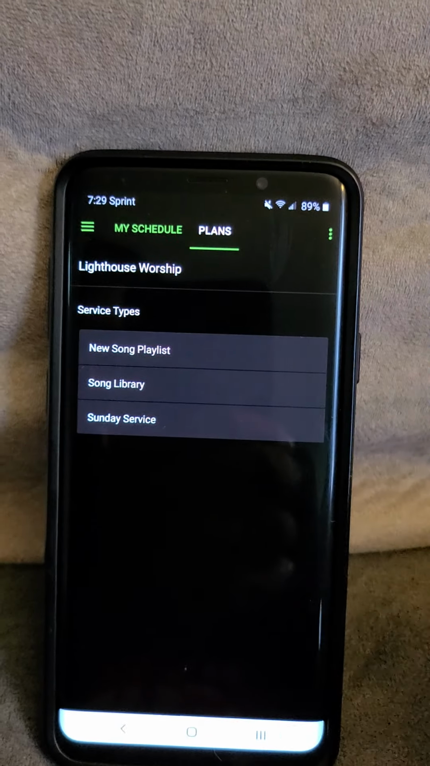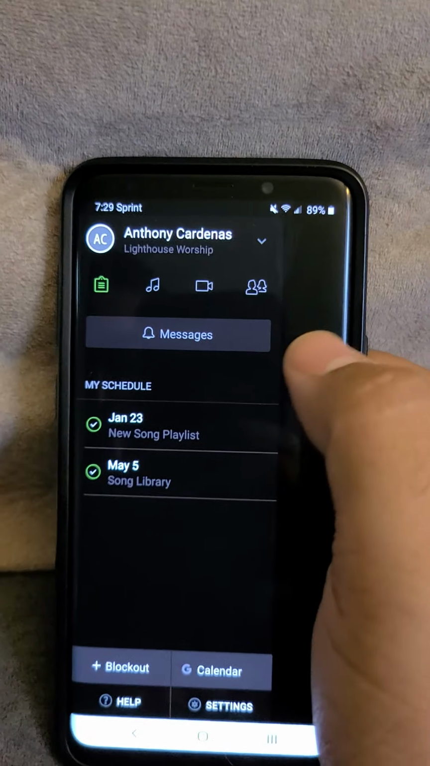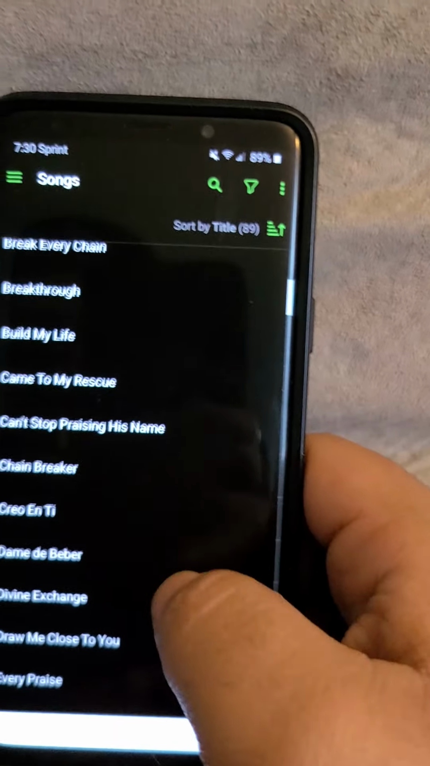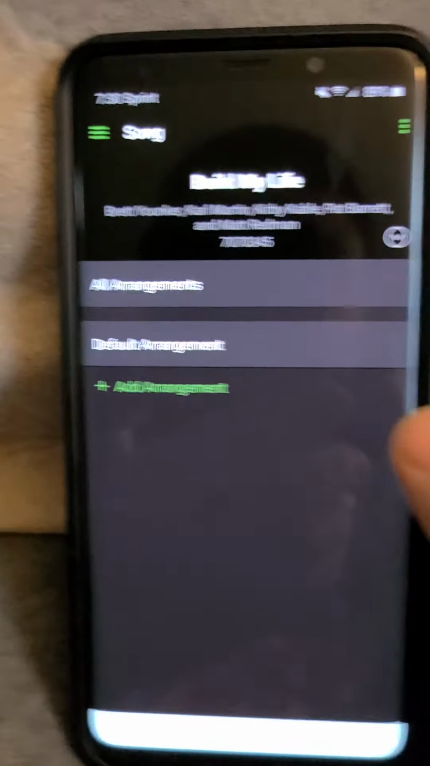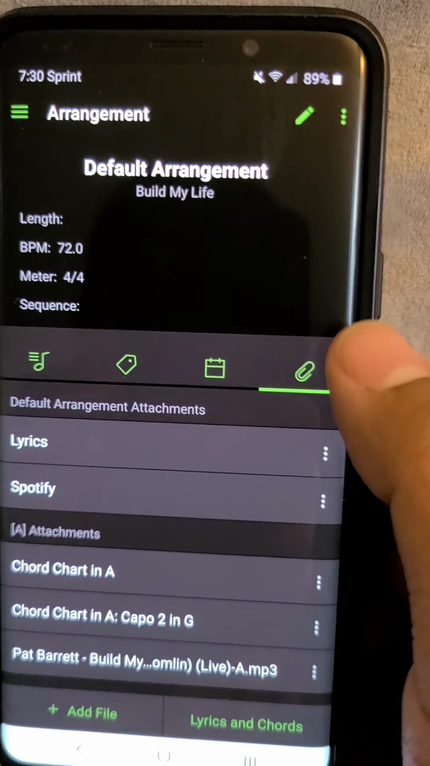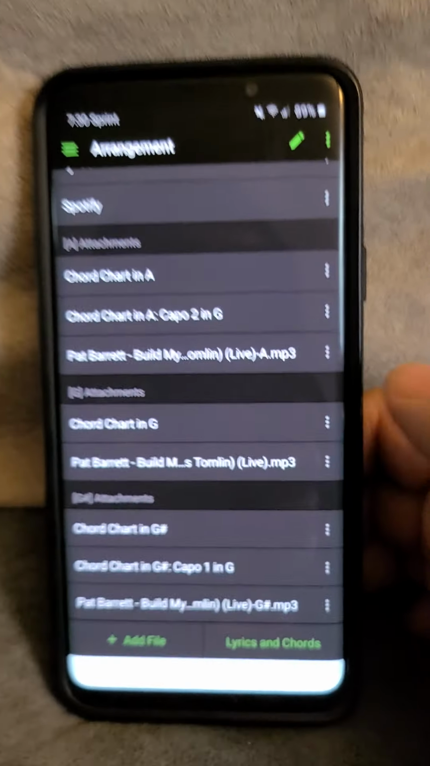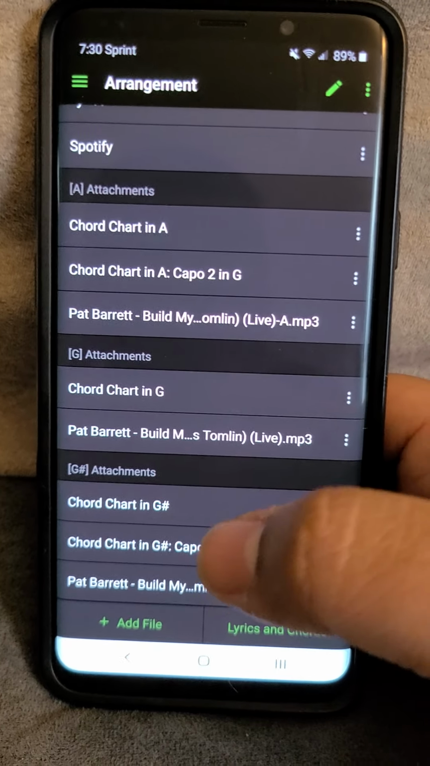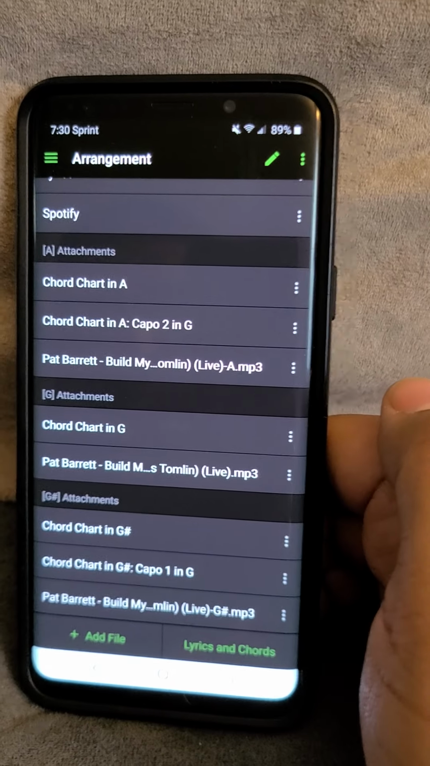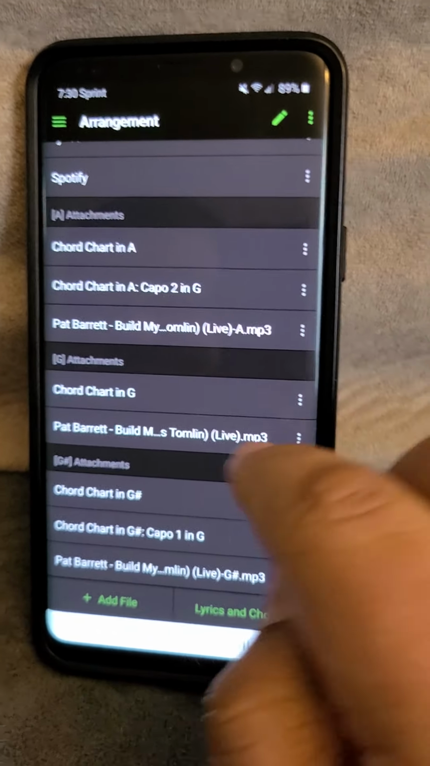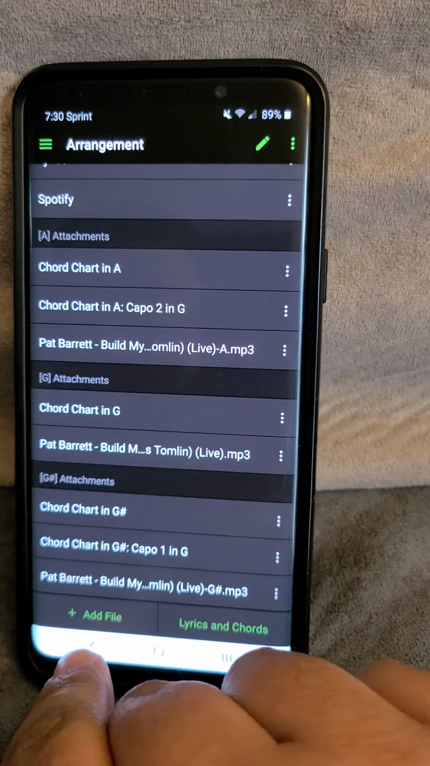So the original way to find a song, before I made that folder, is you have to swipe right and click this music icon on the top, and this would be all of our songs. But if you look at, let's see, Build My Life, click on default arrangement. When you click on your little paperclip icon, attachments, you'll see that there's multiple things here. So you've got the key of A, G, and G sharp. I like to have multiple keys in here just for my own purposes, whether I like to sing in lower keys or whatever I might need it for. Just so it's not as confusing for you guys,